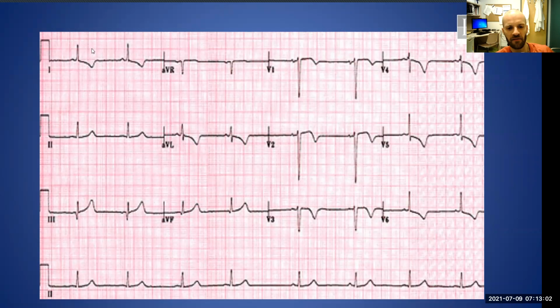I'm not sure about the inferior part of it, because the inferior leads are leads 2 and 3 and AVF. So this, in the right sort of context, is reflective of ischemia because we've certainly got T wave inversion here. We may have some subtle changes in the ST segment here. It's possible. But